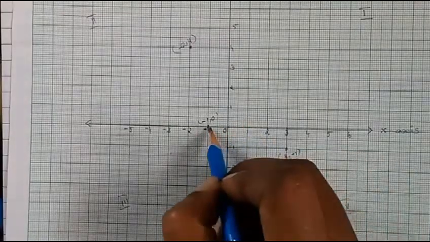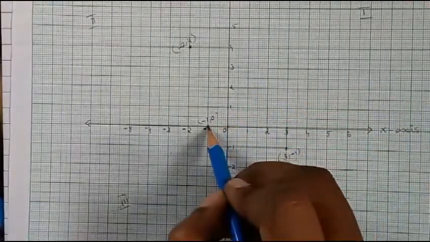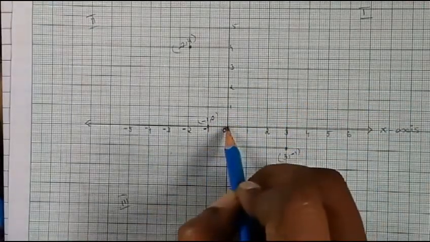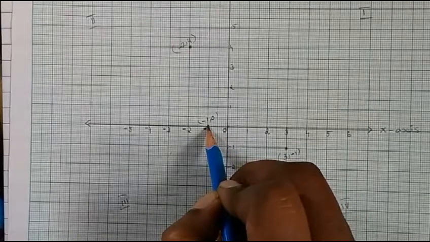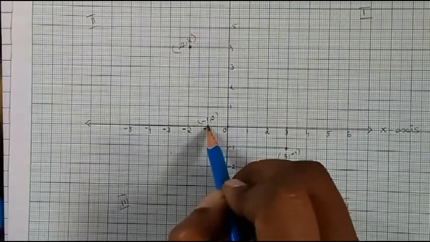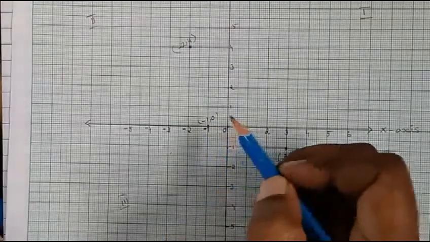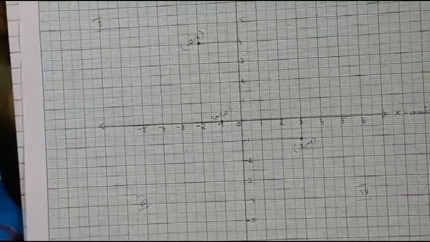So which quadrant will this be? Because see, this is on the x-axis. From here it is moved minus 1. So if it goes top or down, then it becomes the y-axis. But it is 0 for y, so for top or bottom, the origin is here only for y. So that's why the point will be here only, minus 1 and 0. So this lies on which quadrant?